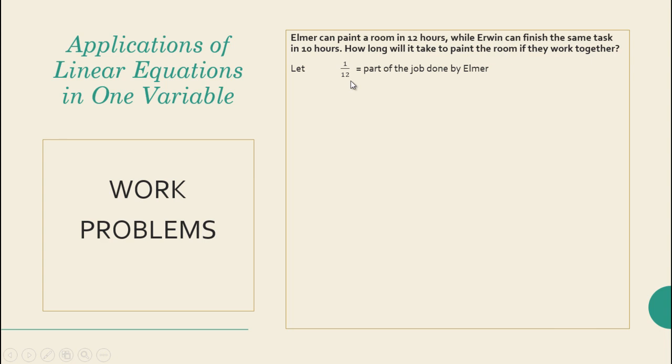So, that means kung 12 hours ang usa ka kaya na ang trabaho, so 1/12 ang part done by Elmer. Okay. 1/10 also is the part of the job done by Erwin every 1 hour. And then, job done together, we do not know pila ka hours mahuman nila if they work together, so we'll let it as x. Okay? Dayon, sa equation, if we are going to add the parts of the job done by Elmer and Erwin, so that is 1/12 plus 1/10 is equal to